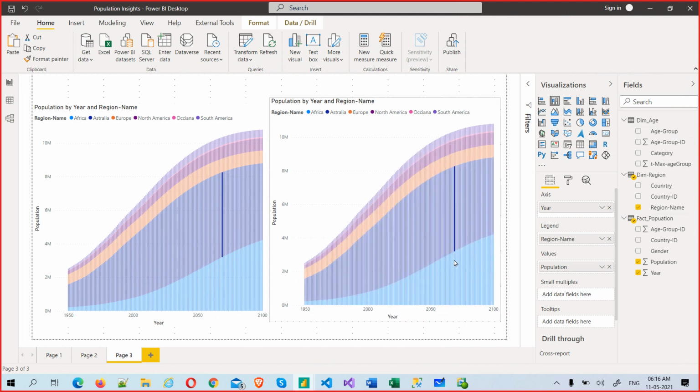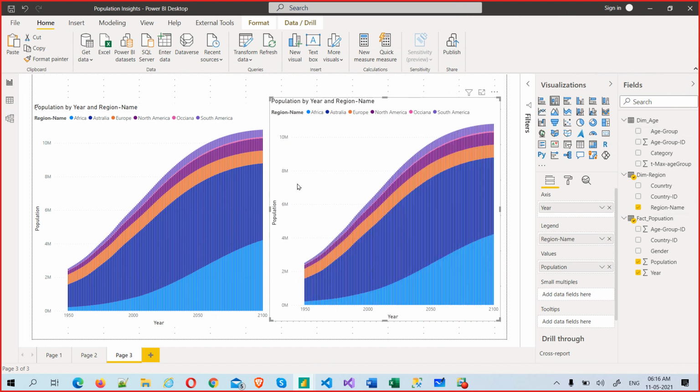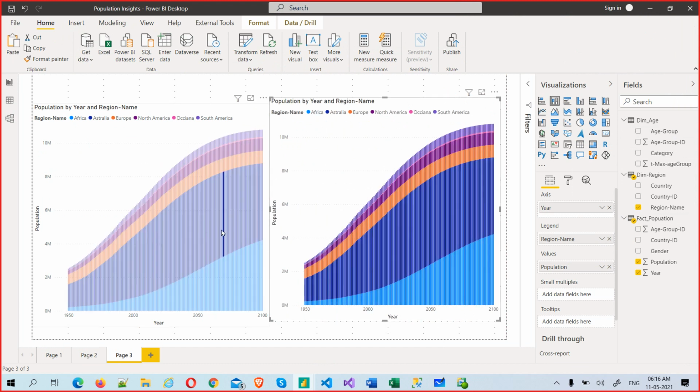If something goes gray out like that, you need to double click it.